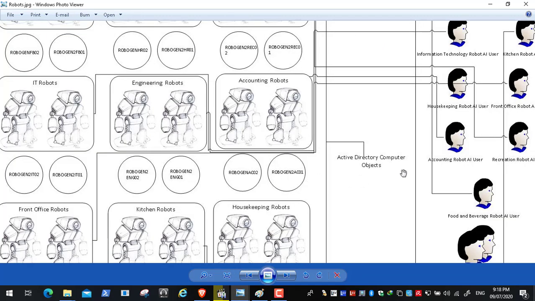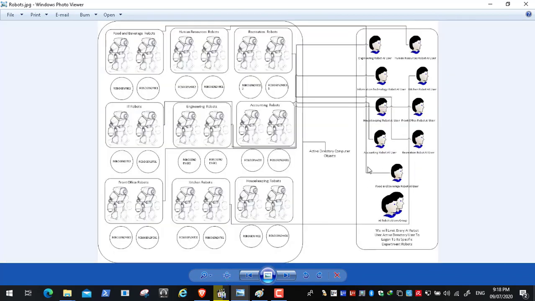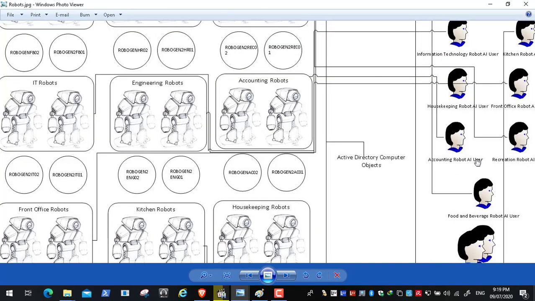Okay, so just to take note, all of these robots are actually Active Directory computer objects. Active Directory sees them and considers them computers. For our scenario, we will consider them as robots, or as mobile computers. So what we will do is create